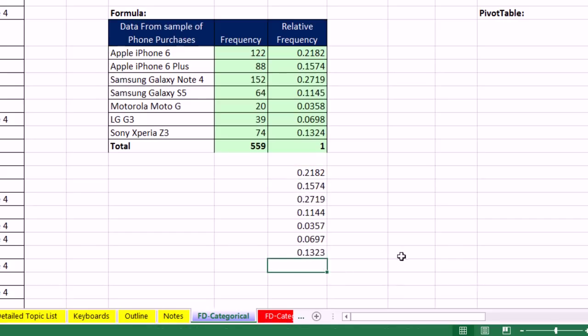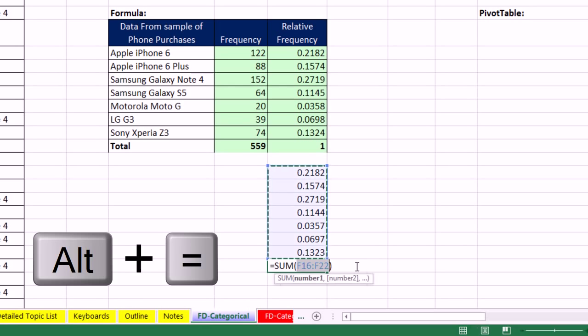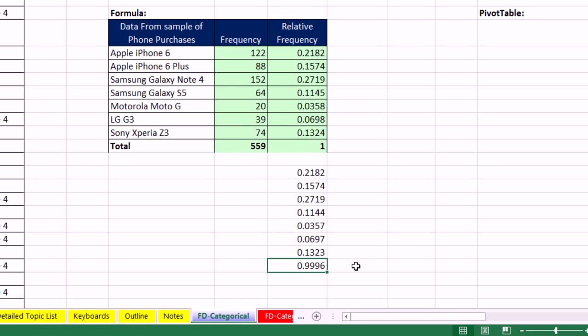Now I'm going to delete this, and I'm going to Alt equals Control Enter. And you can see that if we actually hacked off the decimals underneath, meaning everything after the 4th position to the right, we would not get 1. Up here, we do get 1 when that sum function adds, because all those decimals are just hiding underneath.